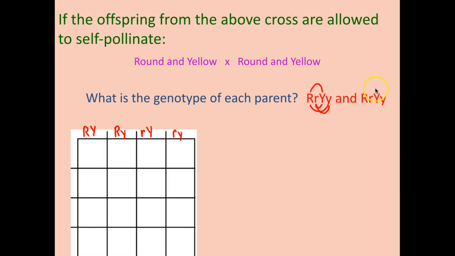And then for the other, it's going to be the same exact genotype. So big R, big Y, big R, little y,